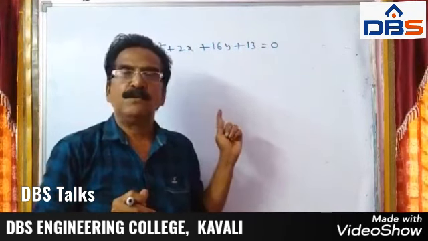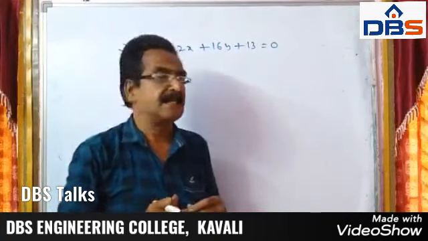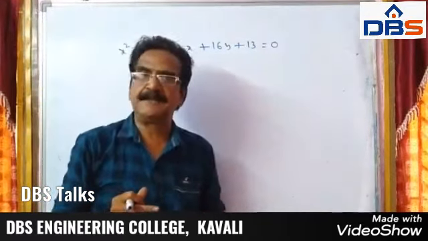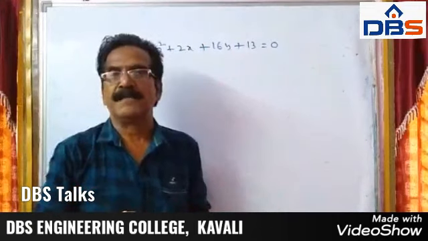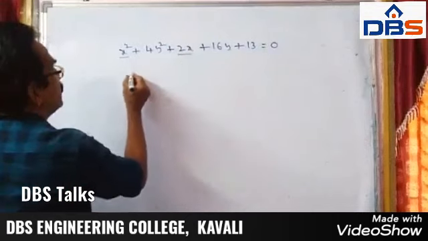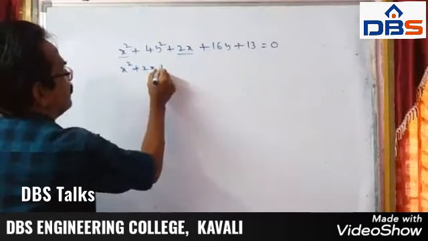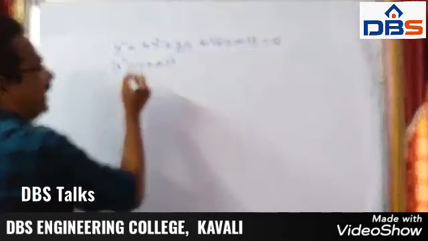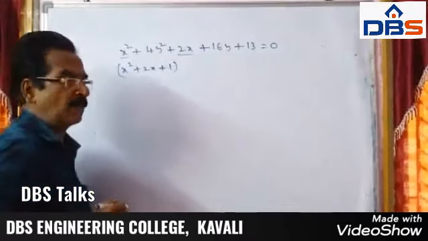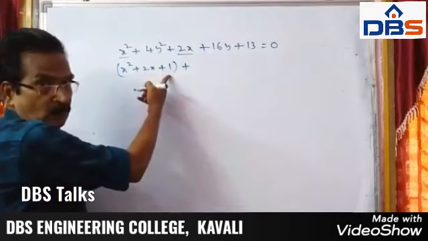Okay, friends. So now let us do here. ae means c. First, let us rewrite the given ellipse equation in our normal form. This is x square plus 2x, x square plus 2x plus 1. We are adding 1, and we subtract 1 also later. This becomes (x plus 1) whole square.